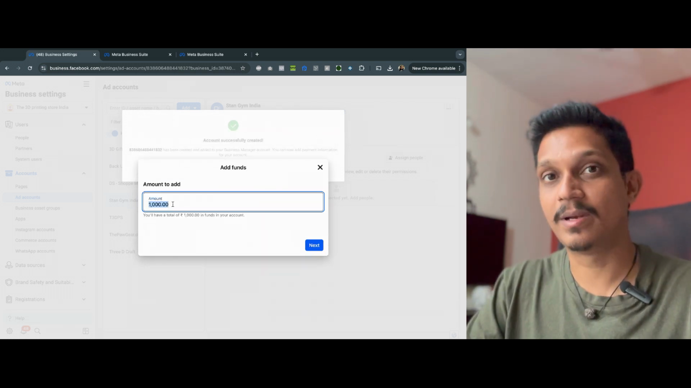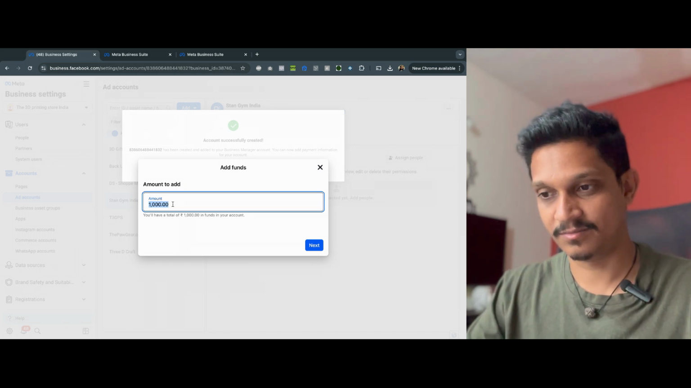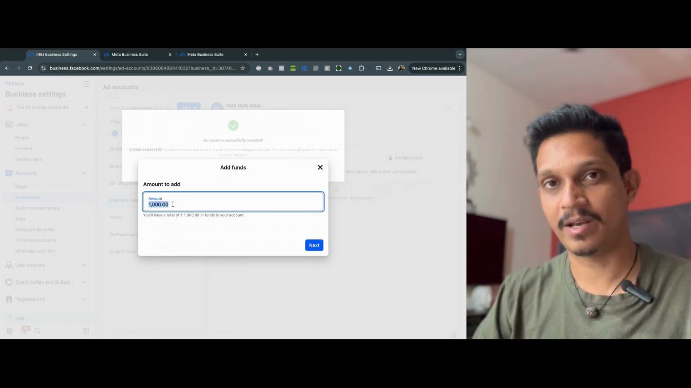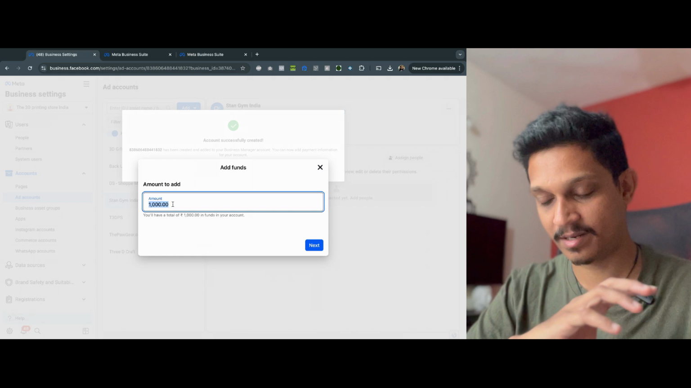So initially you will have to add funds. You can add funds later on when you are confident enough to start running ads. But for now, to set this account and make it ready for the next processes, you can add 10 rupees or 100 rupees. Okay, it says 40 rupees minimum, so yeah, 40 rupees, and then say next,